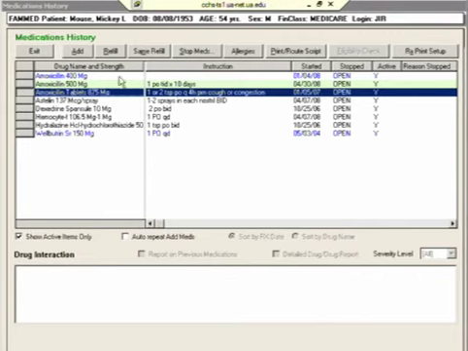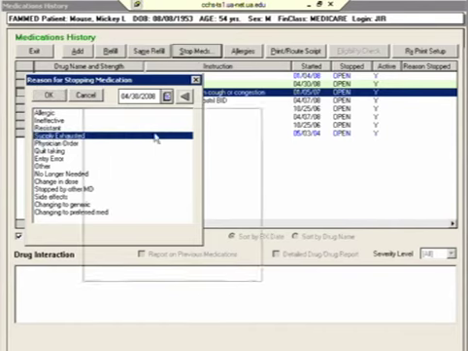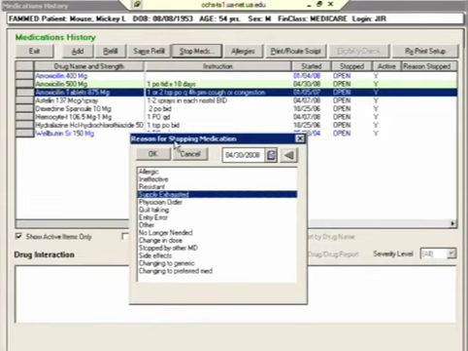Now I could just click stop meds and click supply exhausted and click OK, and that would be seemingly correct. But what's going to happen if I do that is it's going to show in my note that I stopped amoxicillin today, and then especially since I just prescribed some amoxicillin, that's going to look stupid. And so the point I'm trying to make here is that you can clean up a patient's medication list on the day that you're actually seeing the patient and prevent the things that you stopped from showing up in the note. And here's how: you select the medicine, you select your reason, whatever it is, and